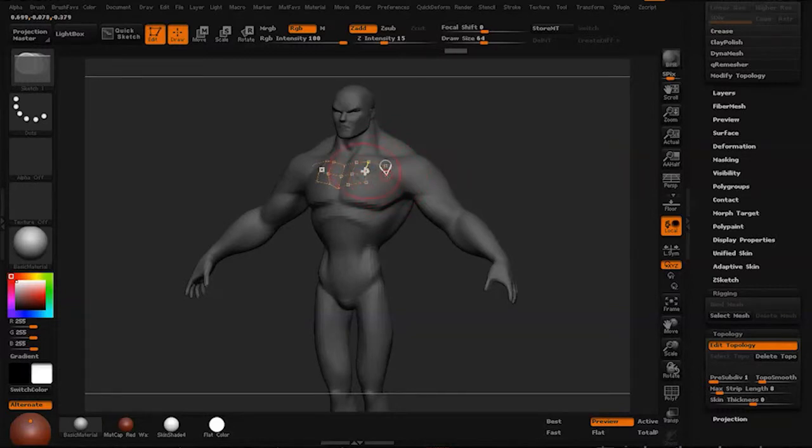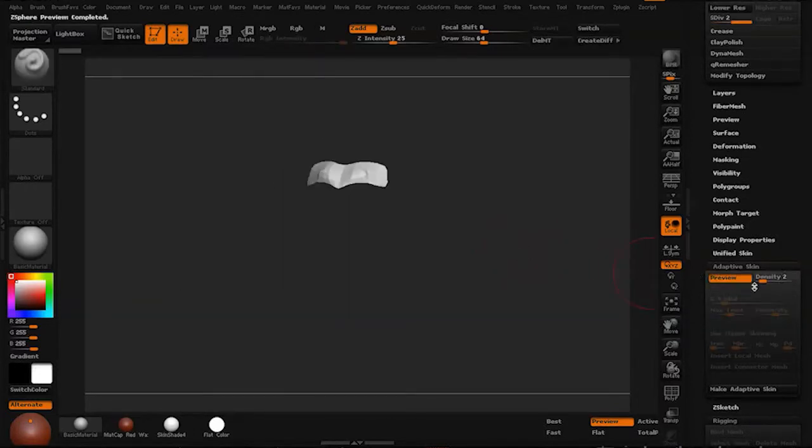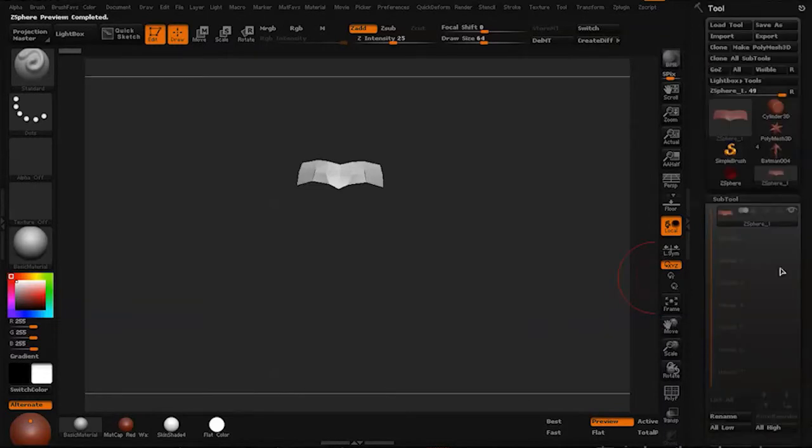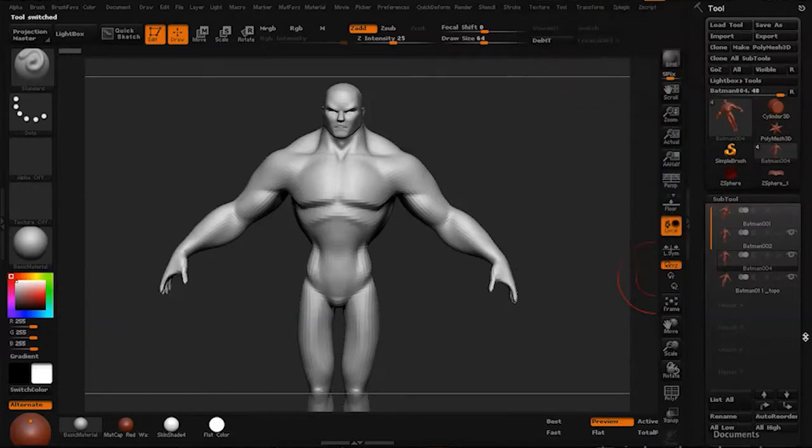Even here, you can miss a few polygons and it'll fill in the area. But once you start getting it, you can preview and stuff like that. So you just build up your topology, and eventually you end up with your final topology,